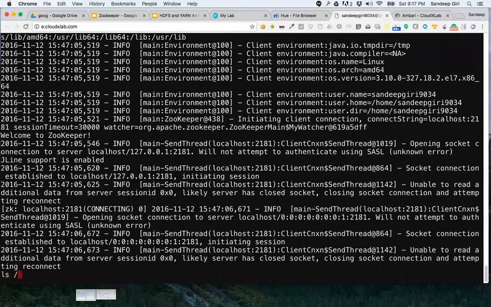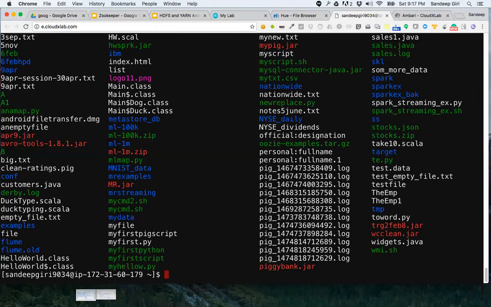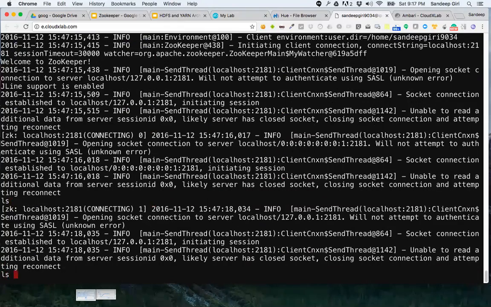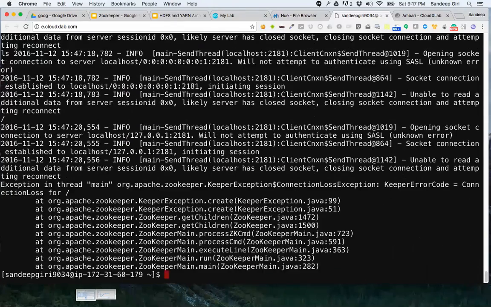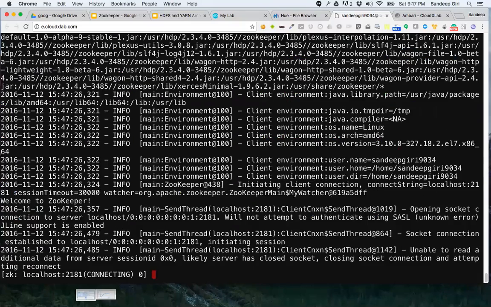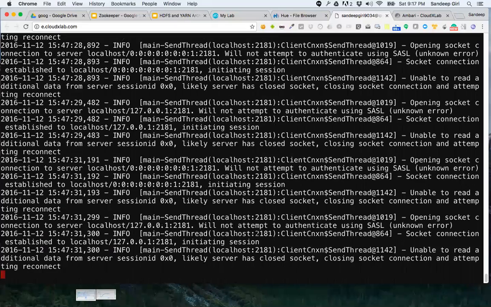All right, what's wrong with this? Unable to read.